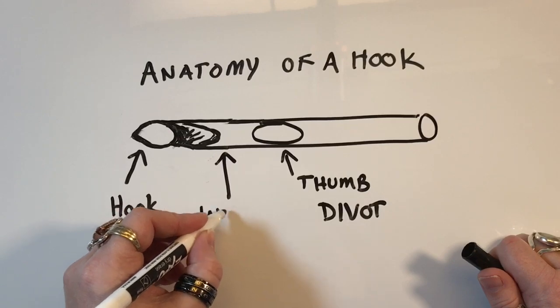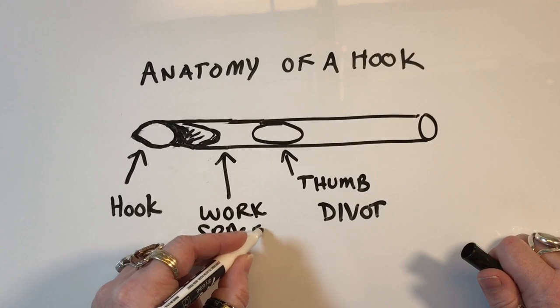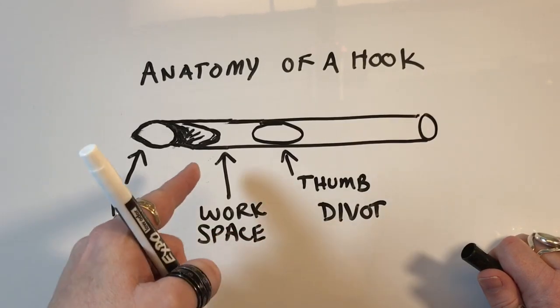I call this the workspace. This is where...